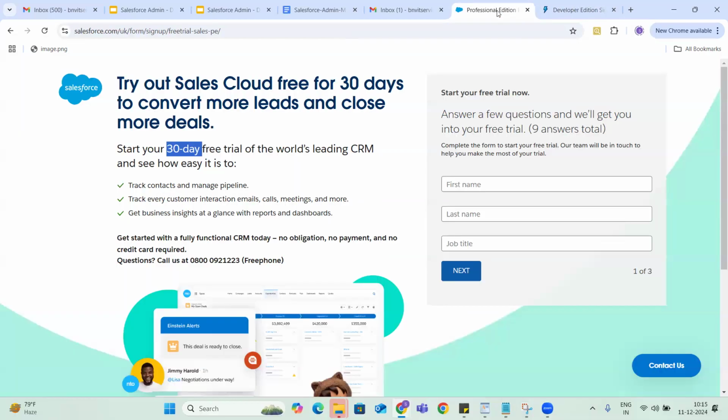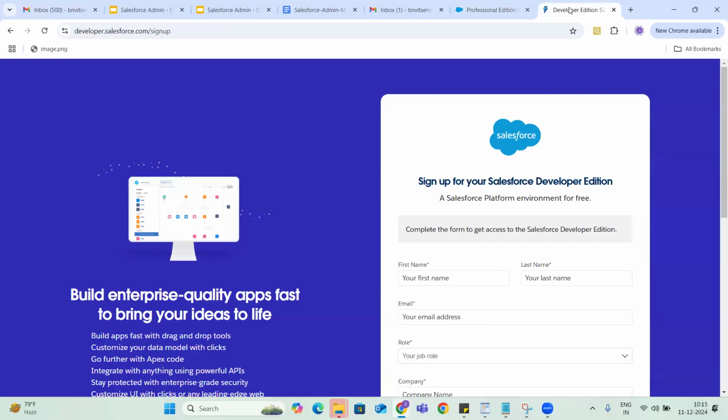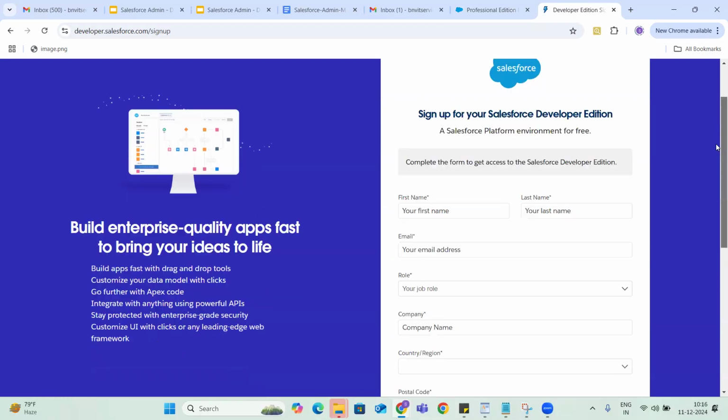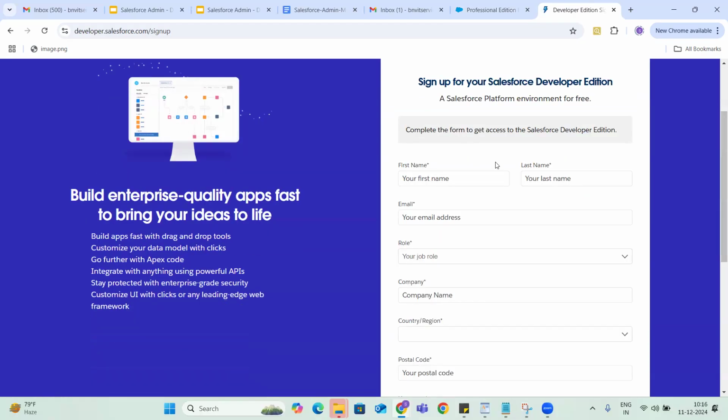The only difference is that in the trial versions you will see some already existing sample data, while in developer editions you will not have any existing records. You can try both by creating two emails, but creating the developer edition is the most important thing. You should have your own developer edition so that whenever you want to explore something, you can explore it on your own. Now I'm going to create my own developer edition.